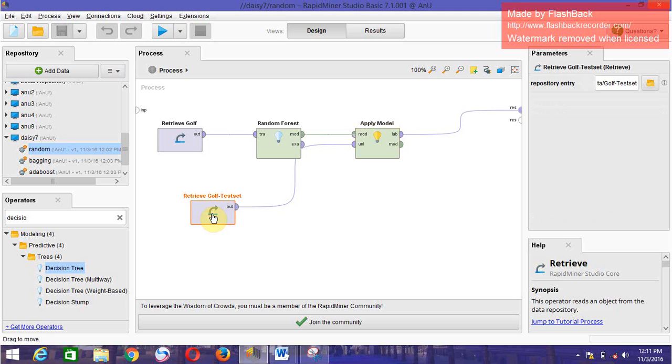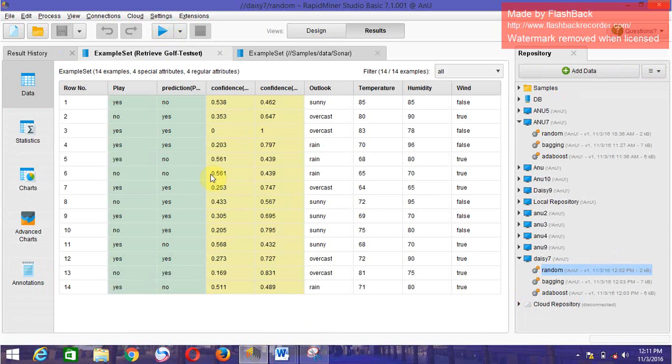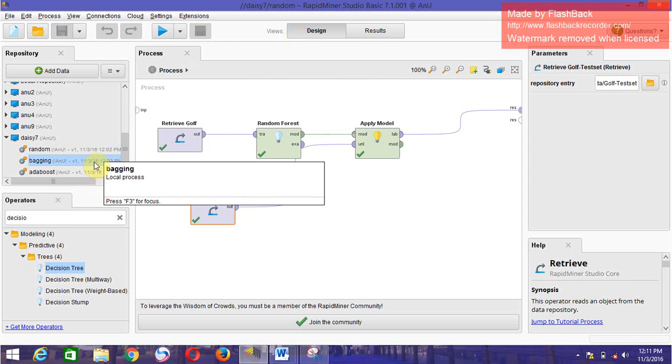Here this is another data set, we have retrieved a data set here. Now when you run this, here you can see the attributes like play, prediction, confidence and all this. Now in the bagging,